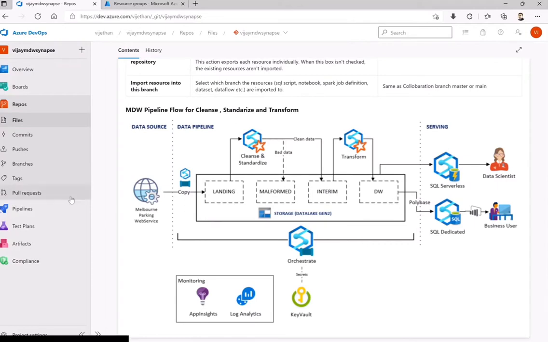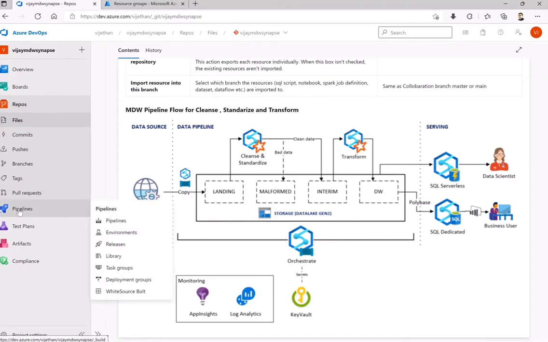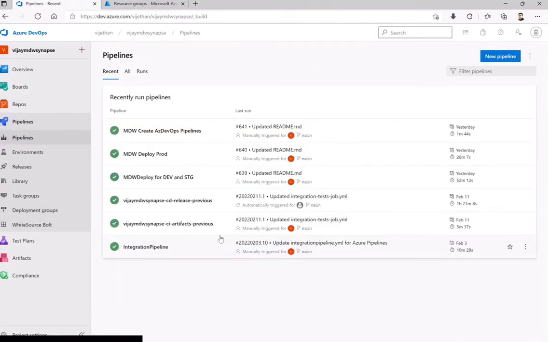Okay, so let's look at what we have as of now, from the code per se. Now, we did the deployment of our development and staging. Similar is the production. Let's do the deployment of our DevOps pipeline itself. That means what I'm trying to do here is I'm running this particular pipeline. I will show you that pipeline, how that looks.